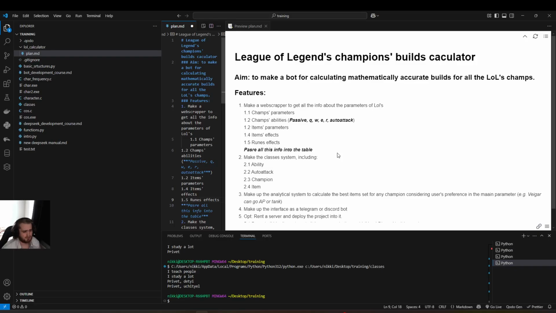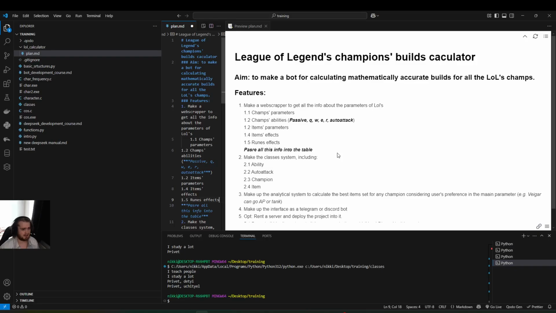For web scraping, we will use, I guess, the Python library called requests. For parsing, I guess the best choice would be Beautiful Soup. And then, when we have all the data, we need to work with it somehow. Just having this data in the table doesn't give us a lot. Like, you can open the website and look for it.